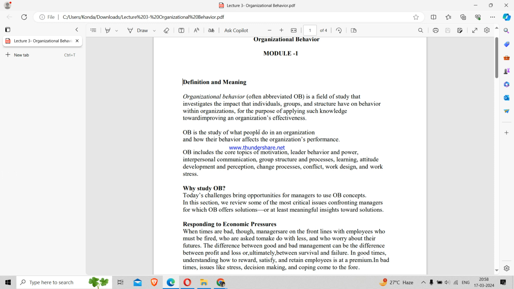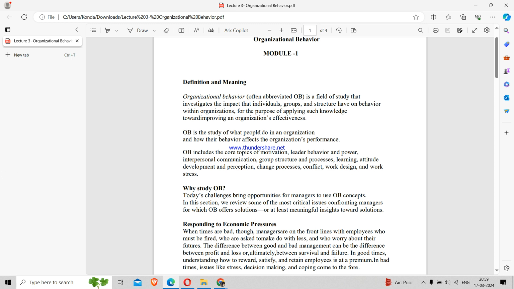So basically, suppose there is a company you have started and you have employed certain members in that particular company as employees. It is the relation among the employees, and the relation you have with your employees. It is basically the relationship among the employees as well as the relationship between the employees and the employer. Okay, so it is basically studying the practices and performance based activities of individuals or groups or the organization. This particular aspect is known as organizational behavior.